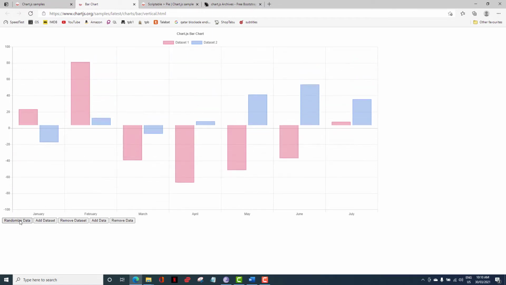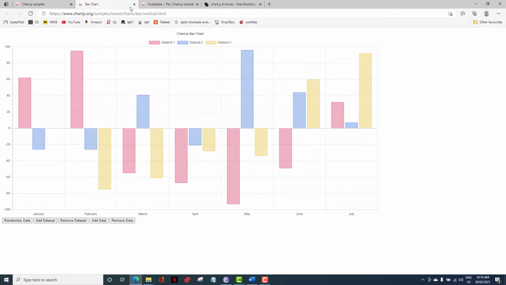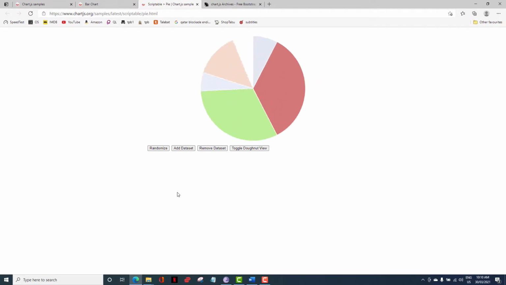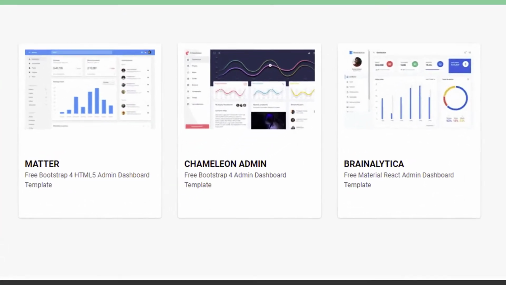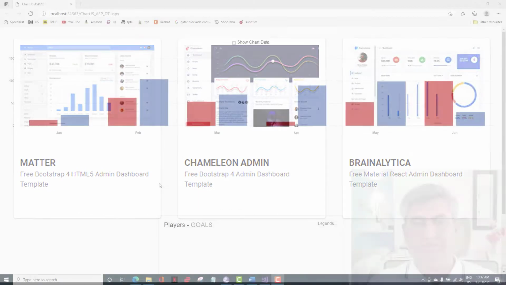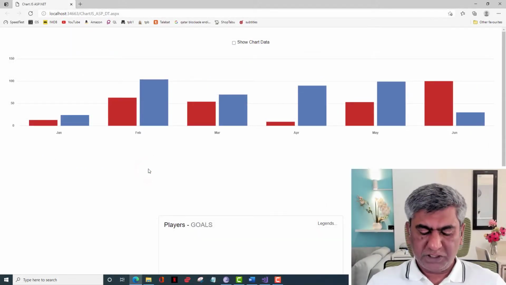This is Chart.js, a JavaScript library. We will learn to bind this Chart.js in an ASP.NET project via data table and create an impressive dashboard like this. We will write code to achieve a page like this, which will have a bar chart